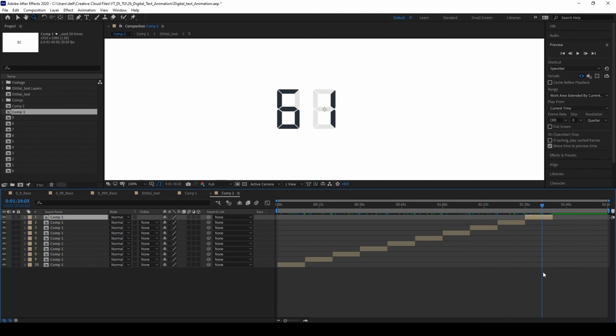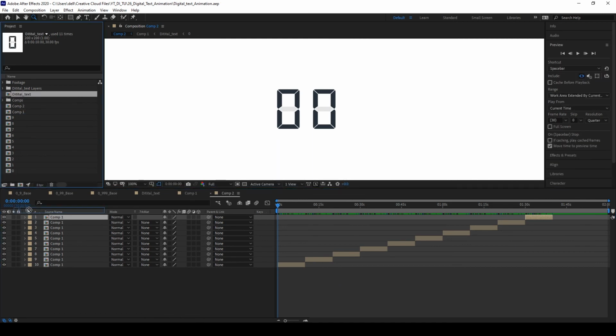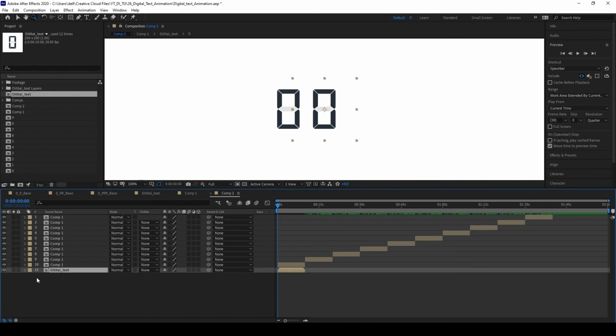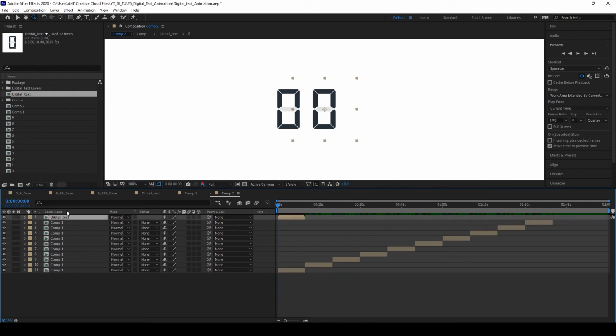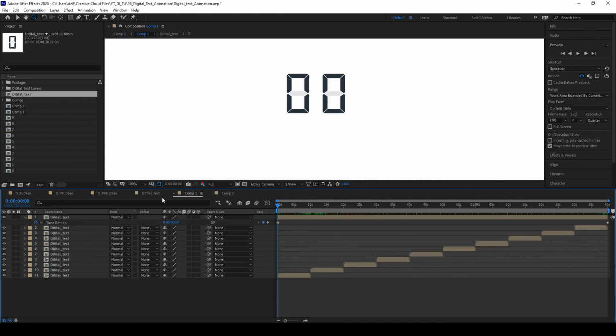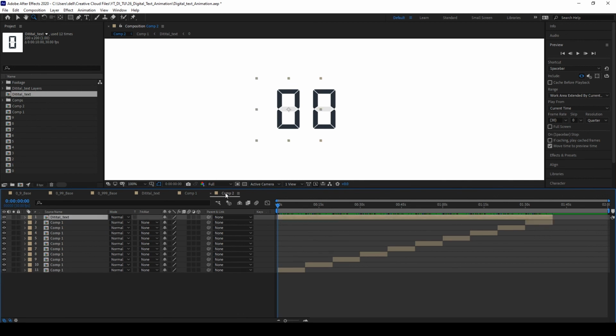So see, our animation is still at 99, and then we need to add this digital text over here. Rather than taking this, we already have this text over here. We are going to copy this and paste it over here, and then it will give the same result for us. The only thing is we need to position this.